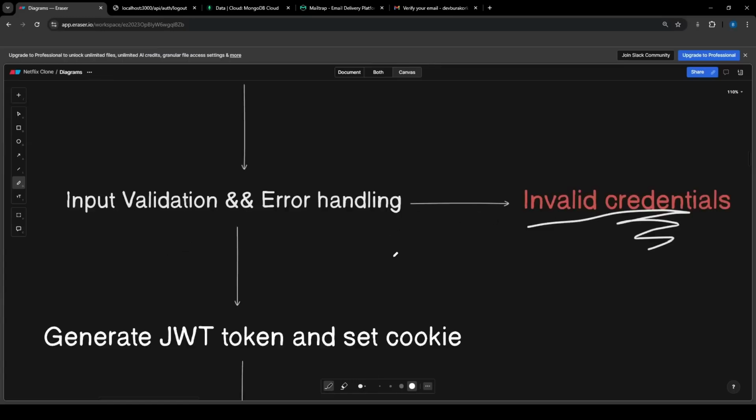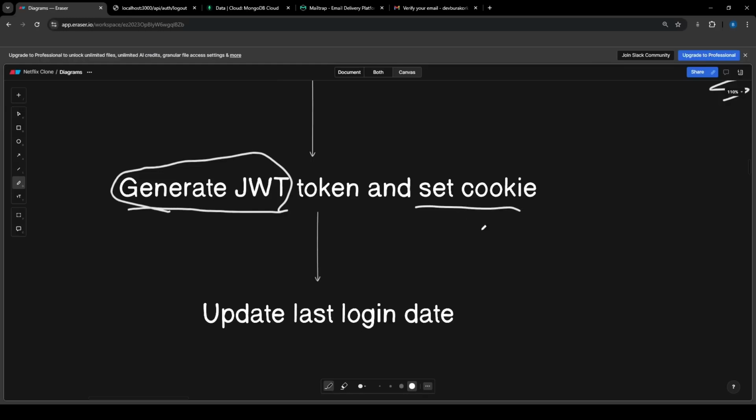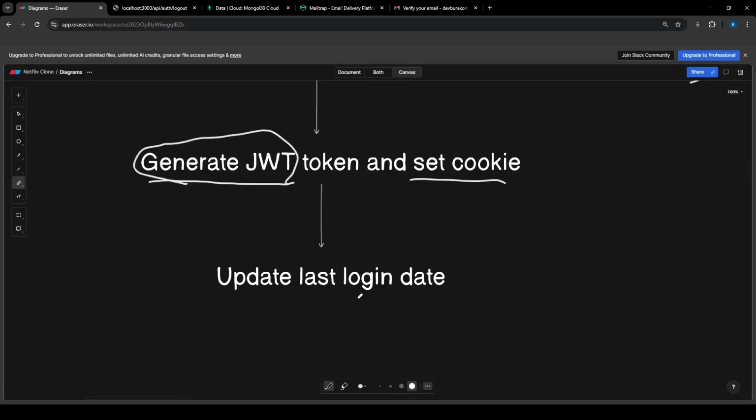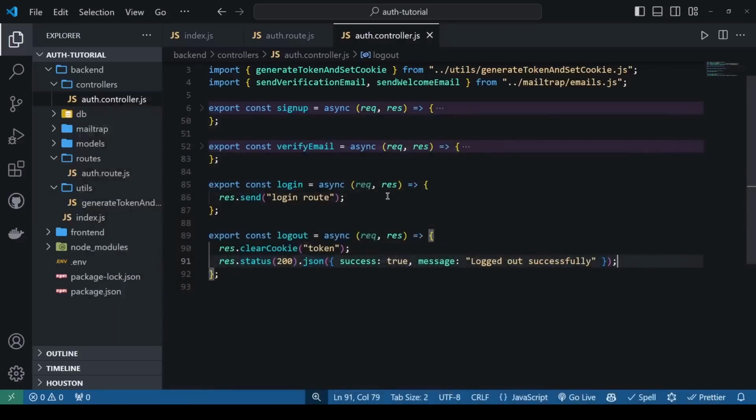But if this is not the case, that means user just logged in successfully. So let's create a token for this and set it into the cookie and update the last login date, because we are keep tracking of that, if you remember from the demo application from the beginning of the video, right? Okay, and then we'll just take the user to the homepage or the dashboard, wherever that is. Let's go ahead and implement this